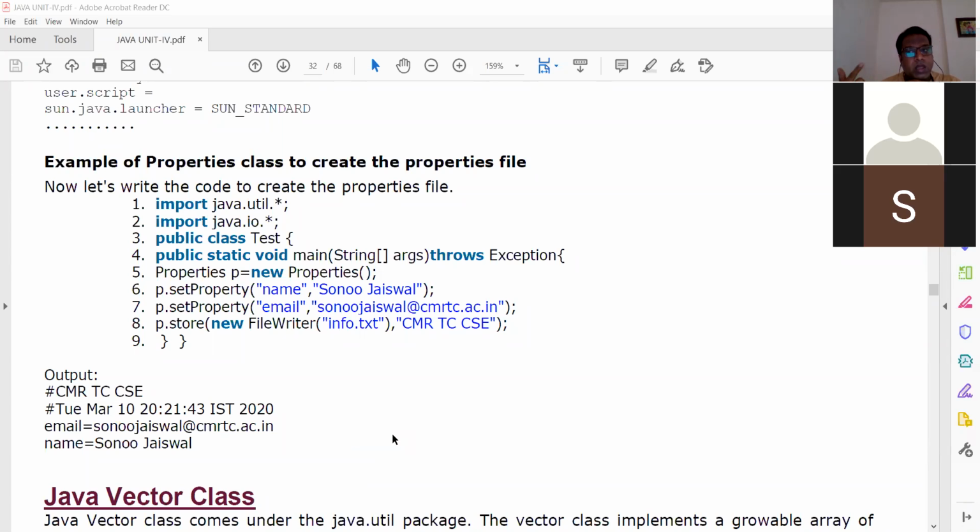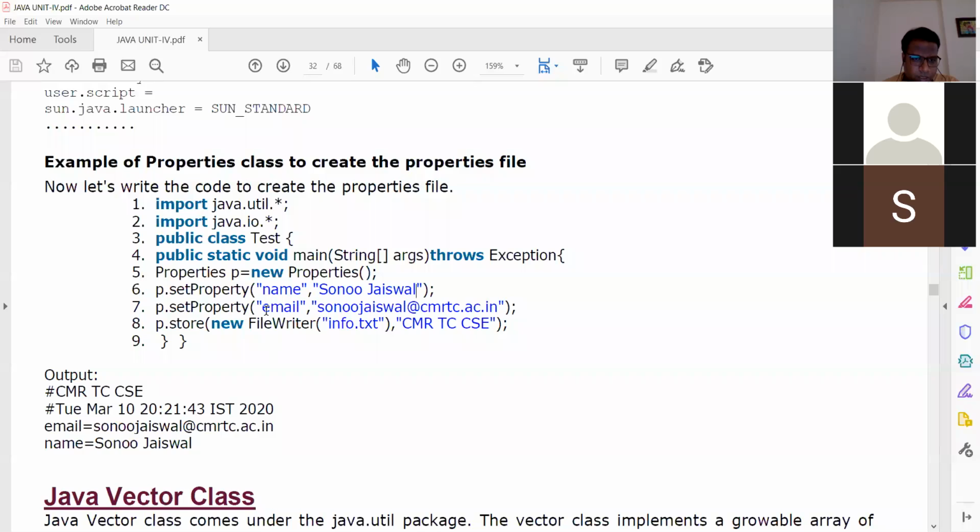Now I'm going to create the external file using properties. Here I'm setting the properties and creating one external file. Very simple. Properties p equals new Properties. Okay, object is created. p.setProperty: name equal to Sonu Jaiswal.